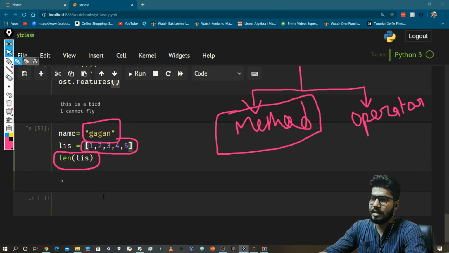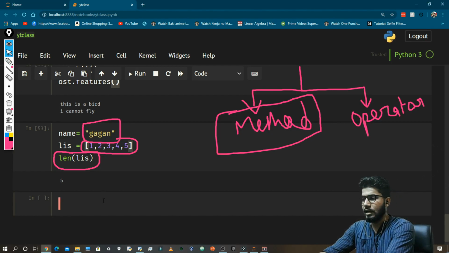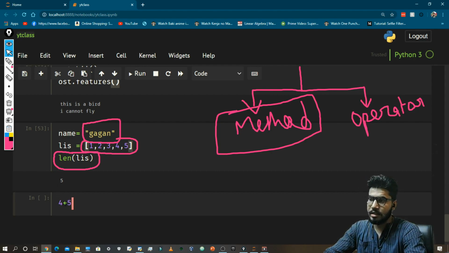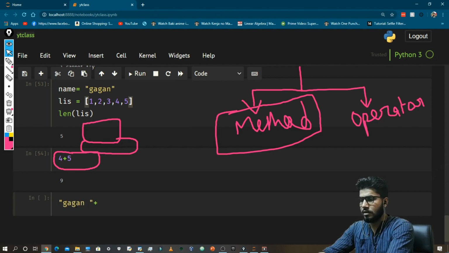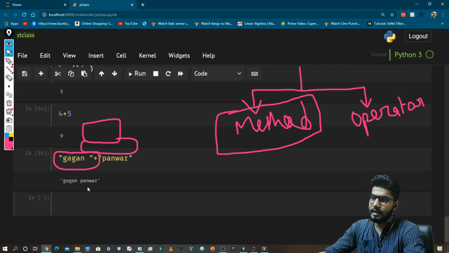The next thing is operator overloading. Let's say 4 plus 5. Here plus is an operator, so it will result in 9. And now let's suppose my name, Gagan, plus Parmar, and it is showing Gagan Parmar as a single string.